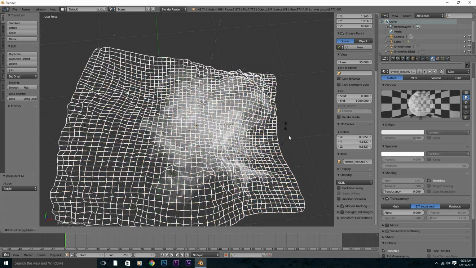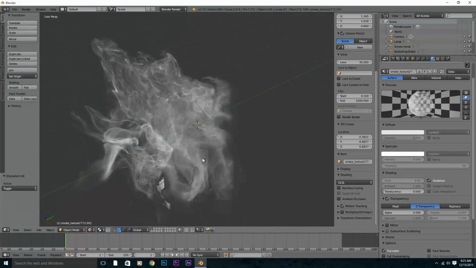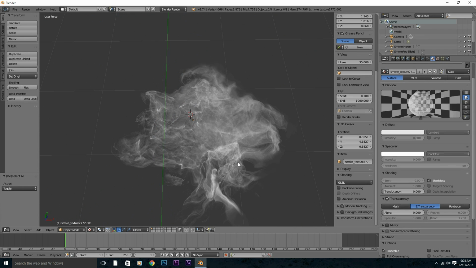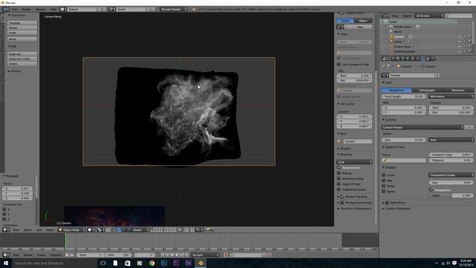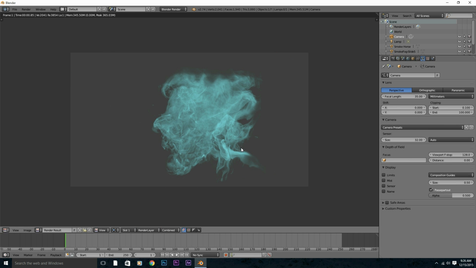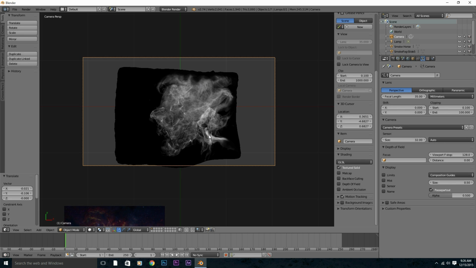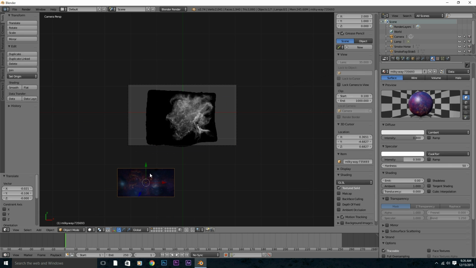We're going to layer it, and you can't actually see this in the real-time viewport. You could see it in Cycles, of course. So now with the camera position, we'll just see what that looks like. Got a smokiness. And, whoa, that looks terrible. But that's okay, because we're just going to layer it up. And that basic technique is what we're going to do, but we're just going to layer it in a bunch